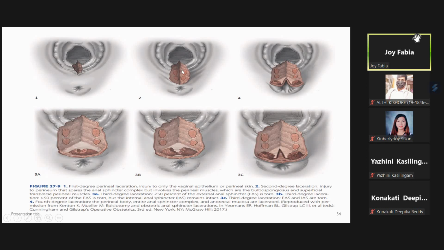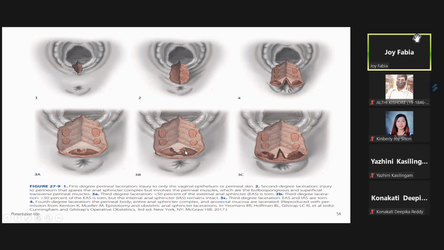So what are the two perineal muscles? This is the bulbospongiosus and the superficial transverse perineal muscle. For the 3A, less than 50%. So this is the external anal sphincter. So less than 50% of the anal, this one, sorry. So this is the third degree, and the fourth degree is when it involves the internal and the external. So this is less than 50% in 3A, more than 50%